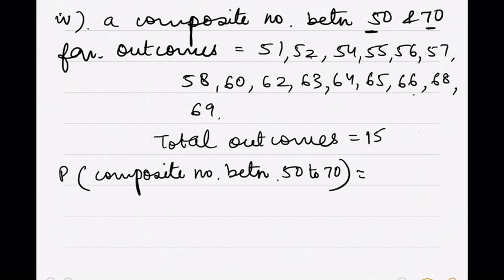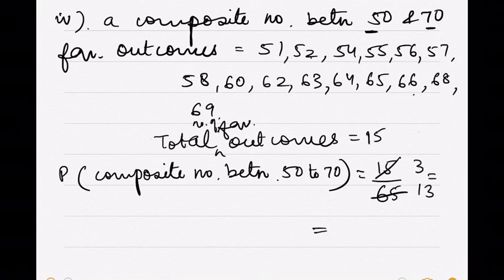So total number of favorable outcomes are 15. So my probability of a composite number between 50 to 70 will be 15 over the total number of outcomes, 65, we know. So this will be equal to 3 by 13. So my answer will be equal to